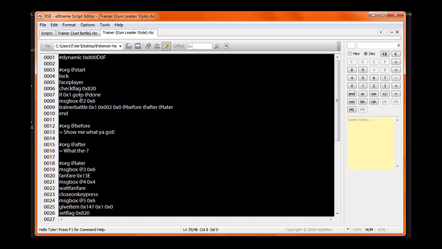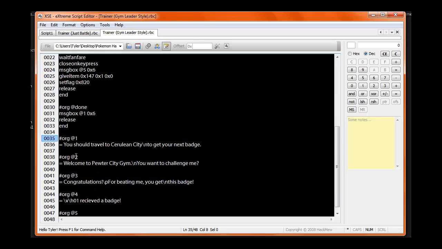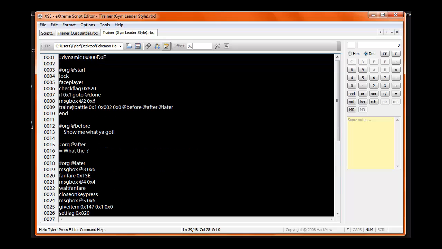After that, if it's not been checked yet or set, message box 2, which jumps down to here: welcome to Pewter City Gym, would you like to challenge me? It's not really a question, but it jumps right into it, because you don't get a yes or no in a gym battle. So it does the trainer battle just like normal. Notice it's 0x1 now, which means that it's a more advanced trainer battle, meaning that it will actually have a third